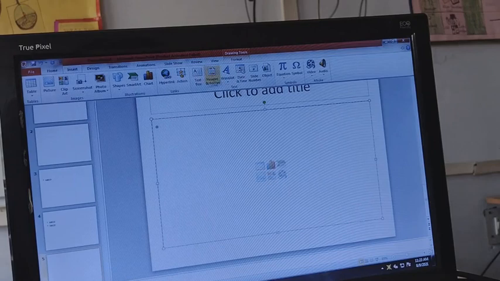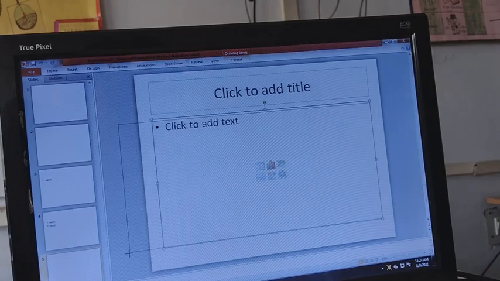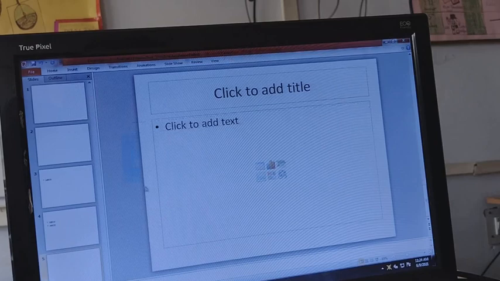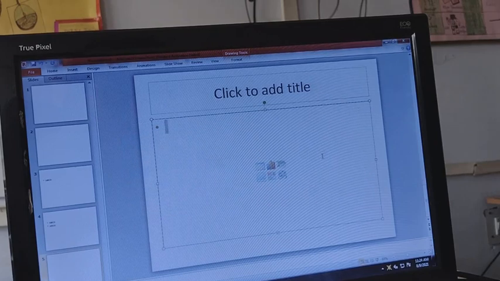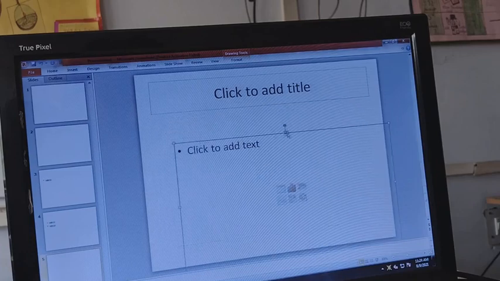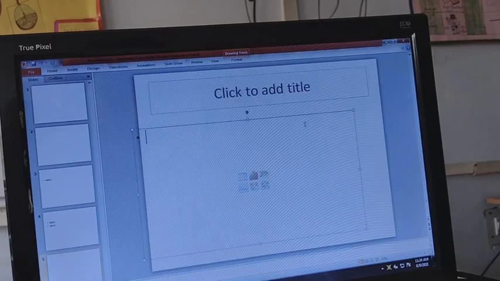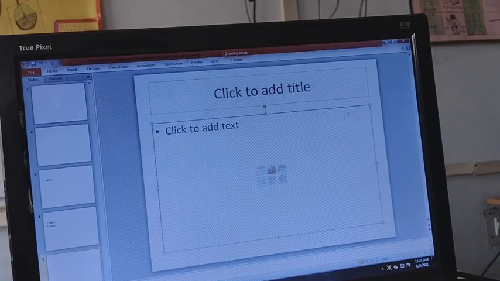This is the text group in which various texts are there. You can use the text box from here, and then you will have your dress. A text box can be dragged by right click, and it can be dragged beyond your slide. If you have a small slide, you can drag your text box as per your required need, and you can move it from anywhere by the four-headed arrow. So this is the use of text box.